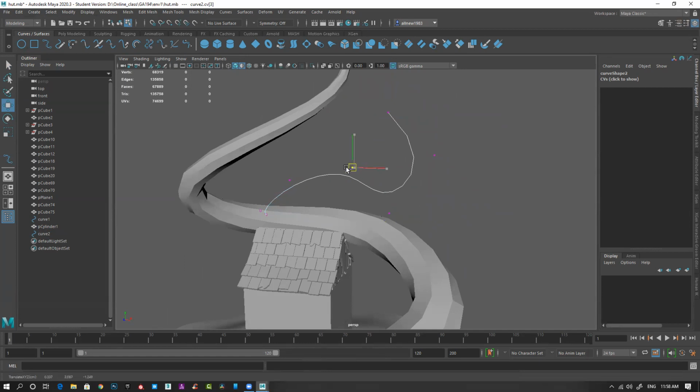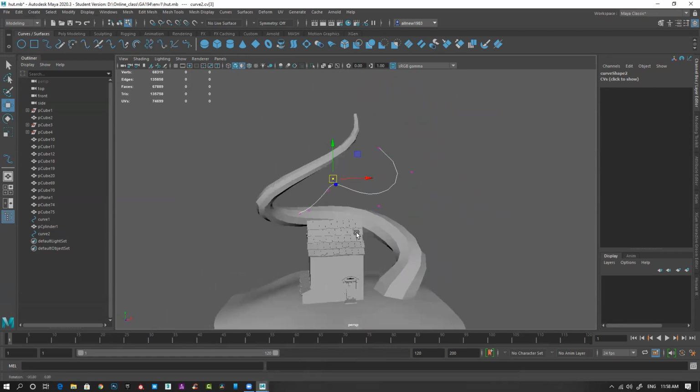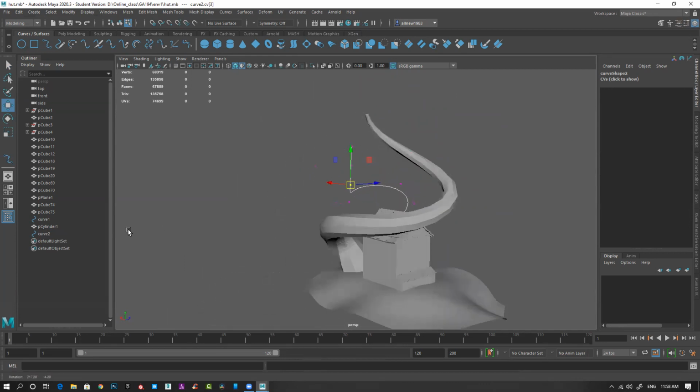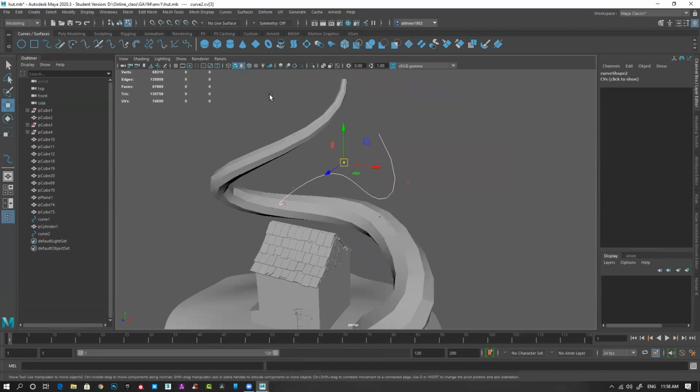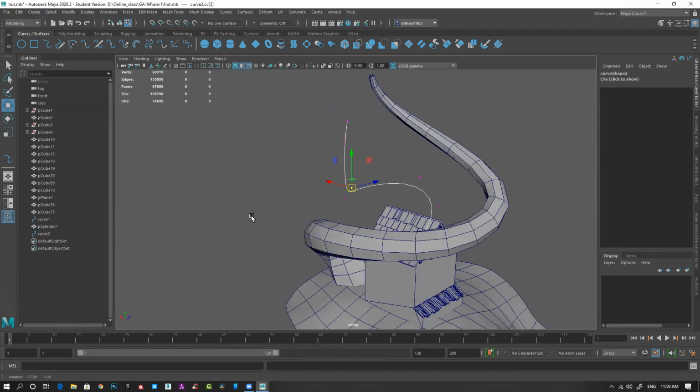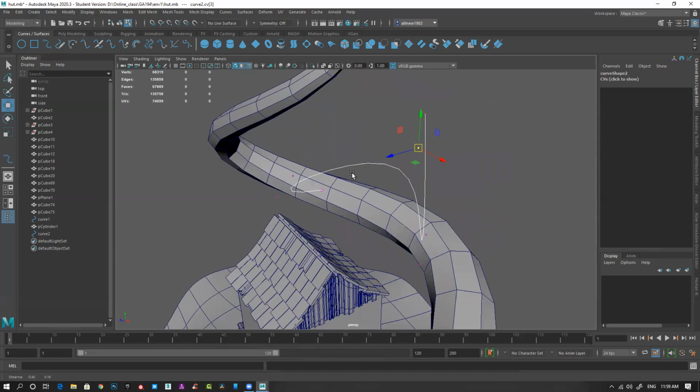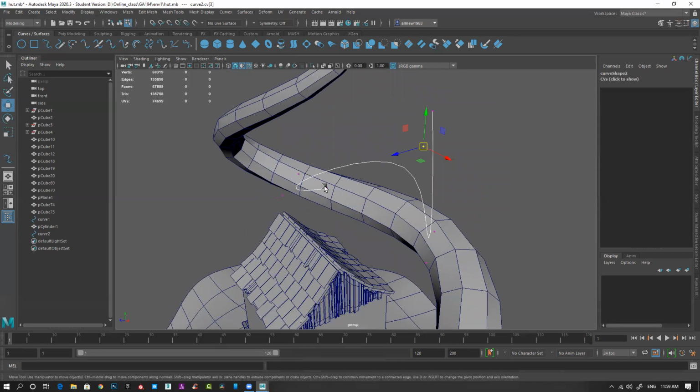Because it's a bit stylized, since the entire thing is a bit stylized, so let's make something a bit more stylized and wavy and all these things. So I have created this another curve, and I want this branch generate from here.